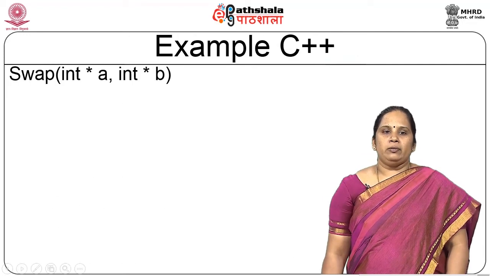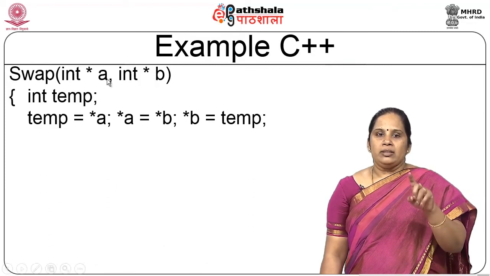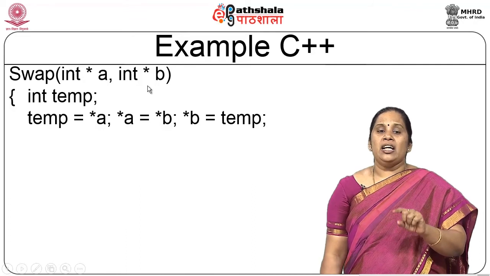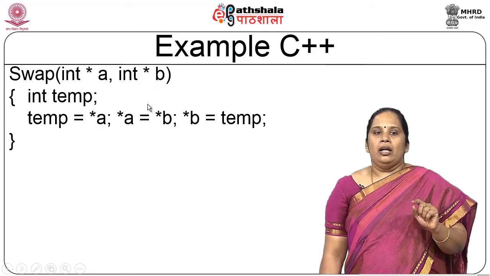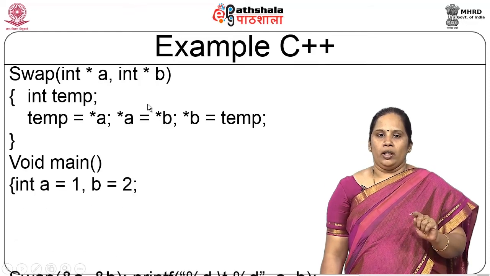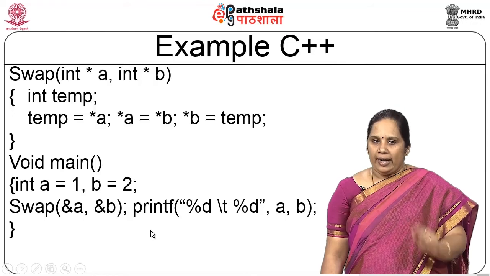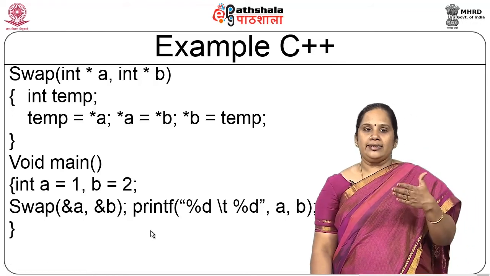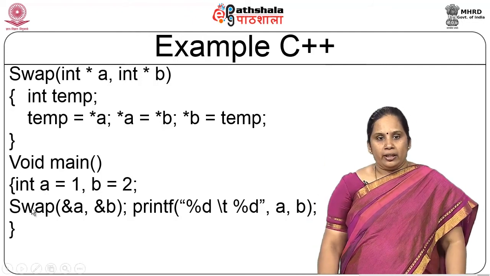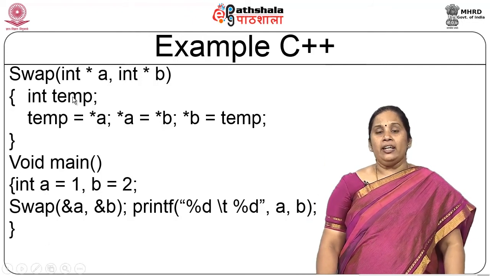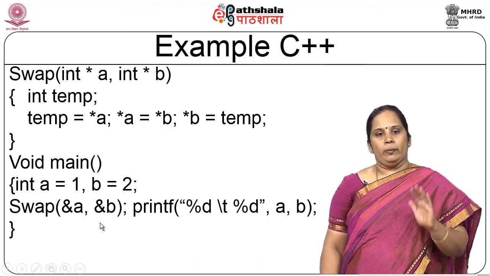So this is a C++ version, which is actually a tweaked C version program only, where I am saying it is a star A and a star B, that is the arguments which you are going to get are going to be addresses. Okay. Now what happens is, again the same call, but it is going to be passed as addresses. The function knows it's an address, so it is going to change the values in the main function itself rather than in the calling stack. So once the calling stack is done also, this basically is going to be preserved.